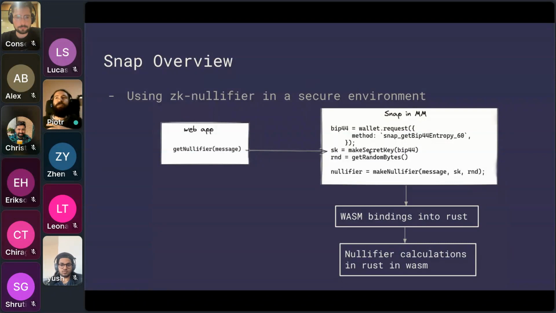And this is where we're going to create all of these sensitive inputs. Some of them we're going to create using the secret key derived from the entropy in our hierarchical wallet in MetaMask. And the other sensitive inputs are essentially random bytes, right? So this is the secure enclave where we can safely compute the inputs. We can derive the nullifier and then we can discard the inputs or maybe persist the nullifier to use it later on.